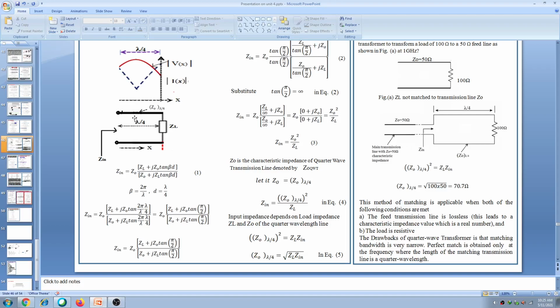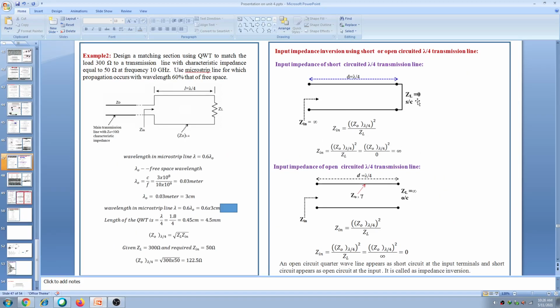If it is at low frequency or a short, automatically this Zin is equal to this ZL. If this interconnect transmission line simply behaves like a short circuit at low frequency, this Zin is always equal to ZL, but it doesn't happen at a high frequency. It depends upon the value of ZL. So now we will see, if the value of this ZL is different, 0 or infinity, what is the input impedance?